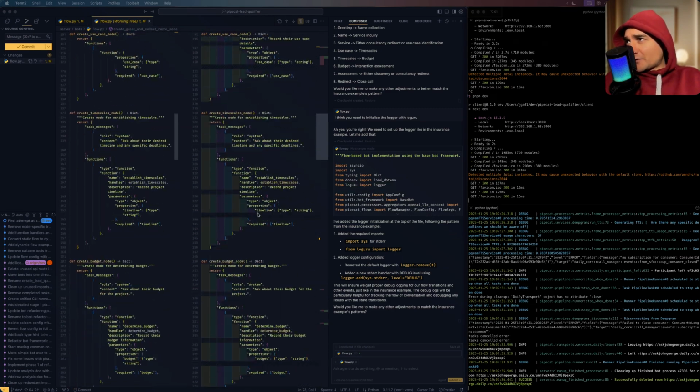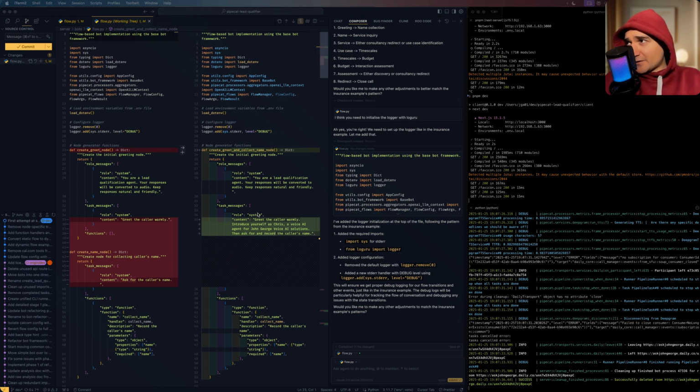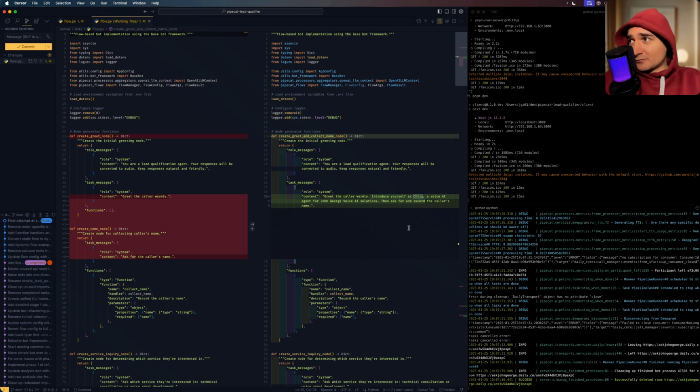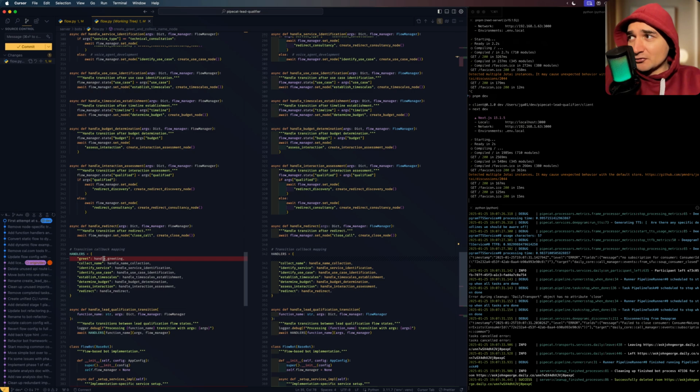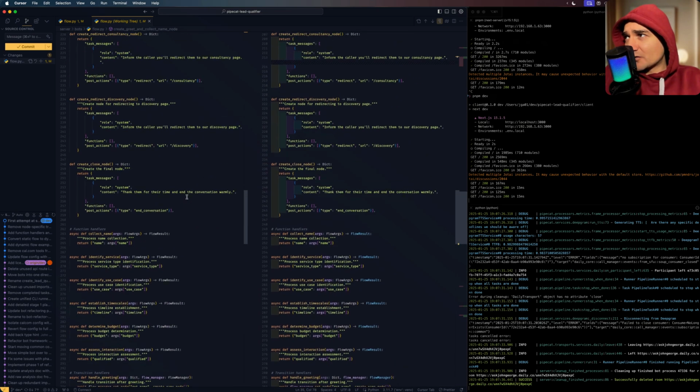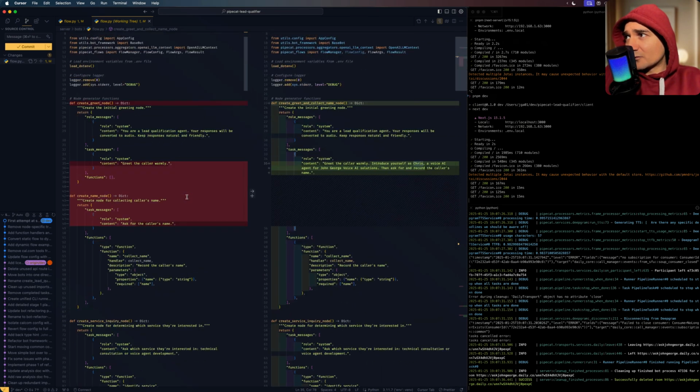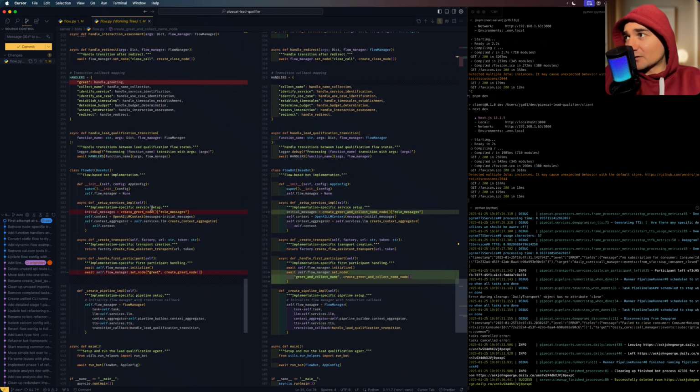Okay, so after the bot's done its thing, I decided that I wanted to merge the initial greeting node with the node that gets the name. So basically it's going to introduce itself as Chris and then ask for the caller's name. And so I deleted the create name node, and this is now create greet and collect name node. Some other things I had to change: remove the greet handler from there. I think I deleted also a greet handler. It probably wasn't actually a handler for that, a function handler rather. And then renamed this to create greet and collect name node when you're setting up the service and when you're